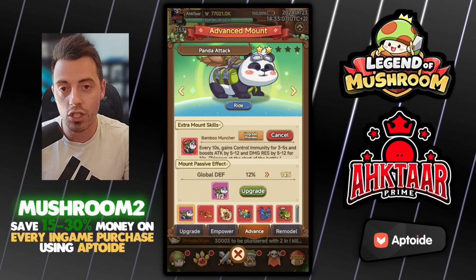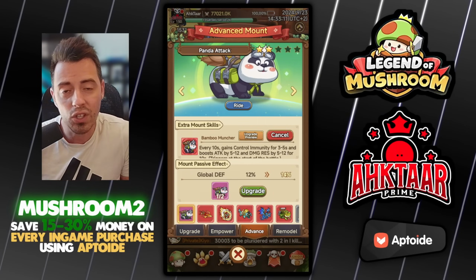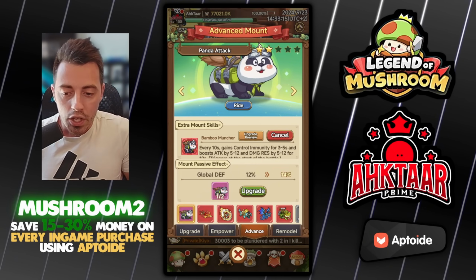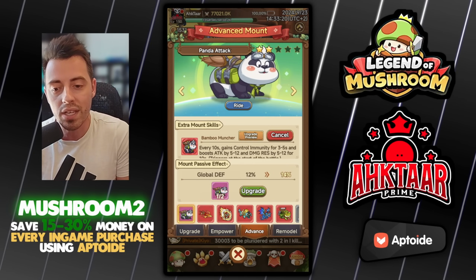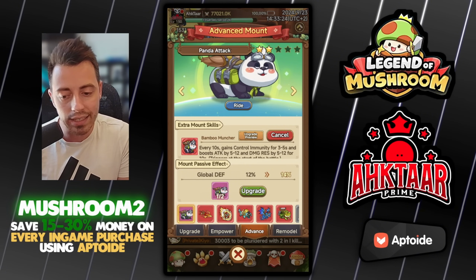This mount changed the meta in PvP. Now, if you have that mount, or even if you don't have that mount, and if you are playing on global servers in Legend of Mushroom, you are gonna do the same. Don't use the disarm skill anymore, because many players in front are gonna have that mount, and trying